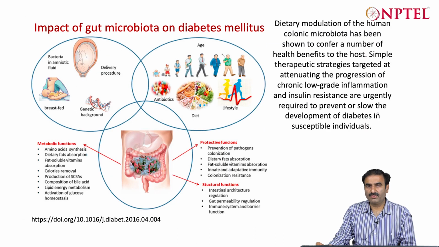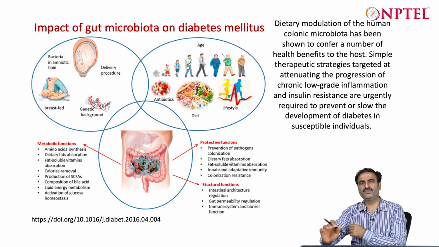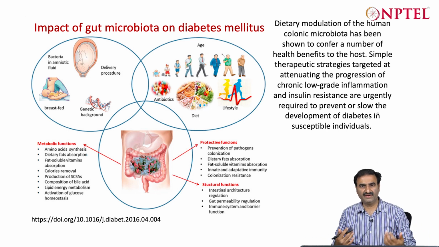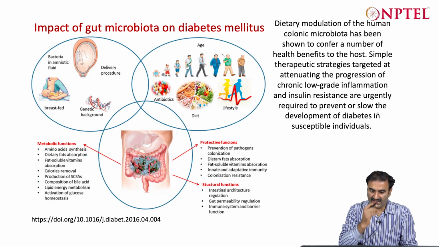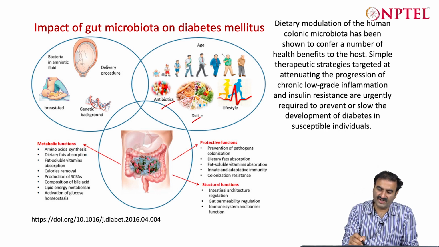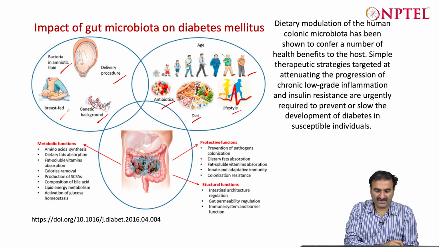Then particularly, the gut microbiome has been associated with diabetes mellitus, which is a disease associated with eating also. People could be predisposed to this, it could be genetic, or you acquire it later, because of multiple factors: environment, your eating habits, physical lifestyle, and many other things, right? Age is one of the factors, as are excess use of antibiotics, diet, and lifestyle. You can have a genetic background, the delivery procedure, bacteria in the amniotic fluid, breastfeeding, and a lot of